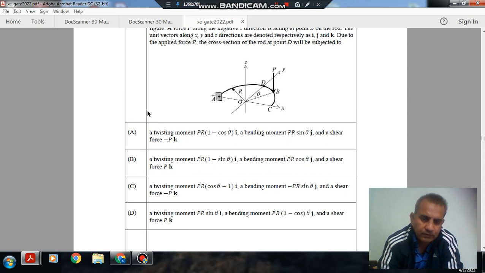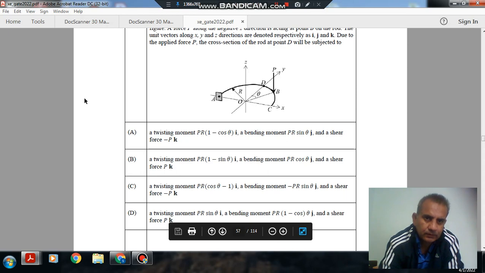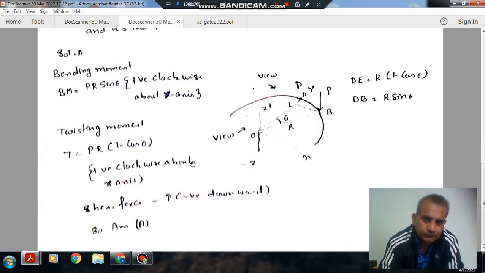Option D, a twisting moment PR sin theta I, a bending moment PR 1 minus cos theta J, and a shear force 2K. Okay. So this is your given beam, and this is a point O,